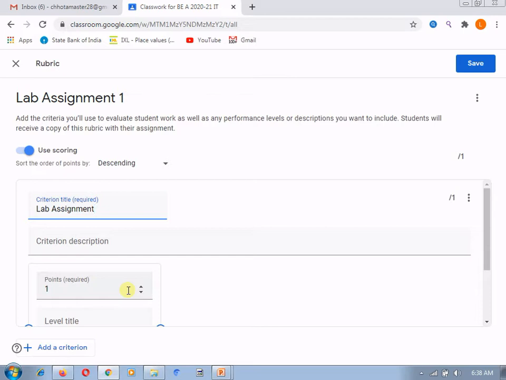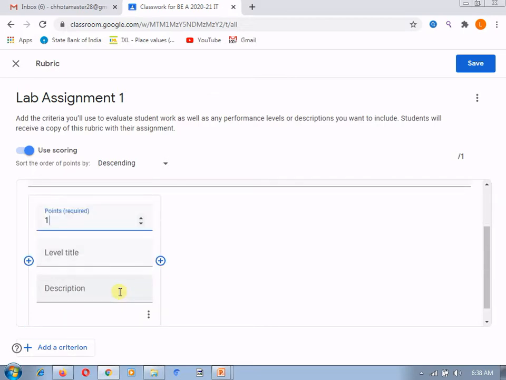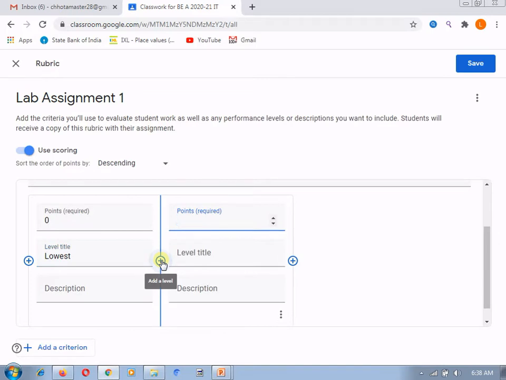Here I will give the marks. I will select the level, suppose 0 marks, and it is the lowest level. If you want to give a description, you can give it. If I want to select a middle level, suppose 5 marks, I can't give a range, I can give the marks only as a single point.